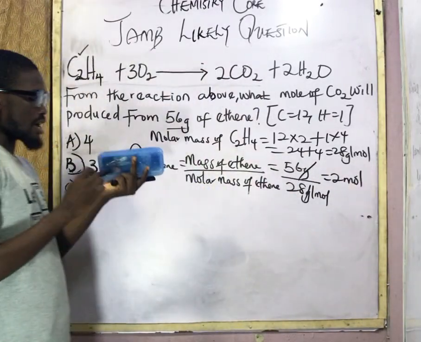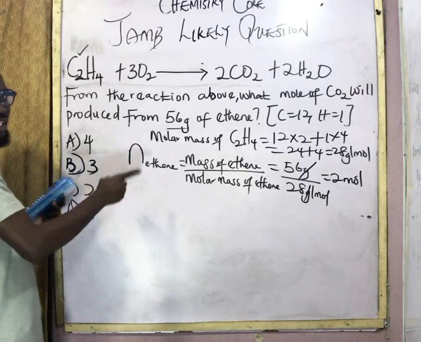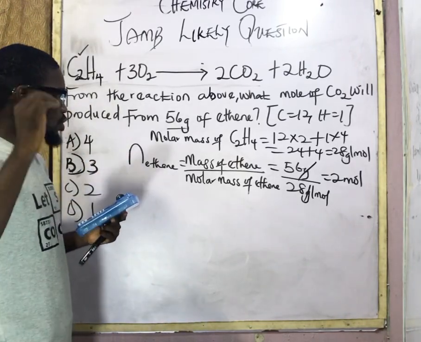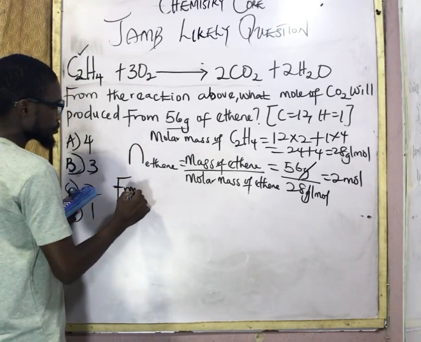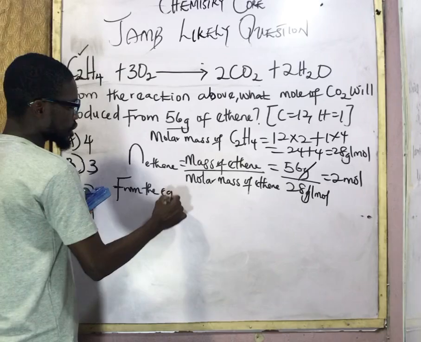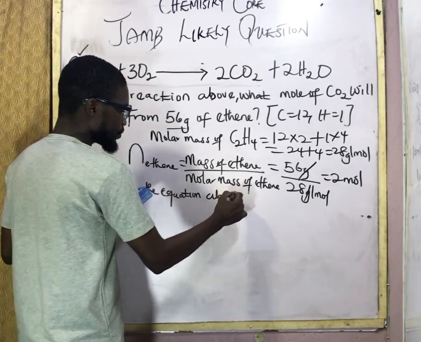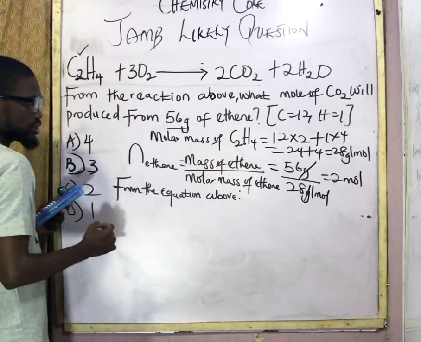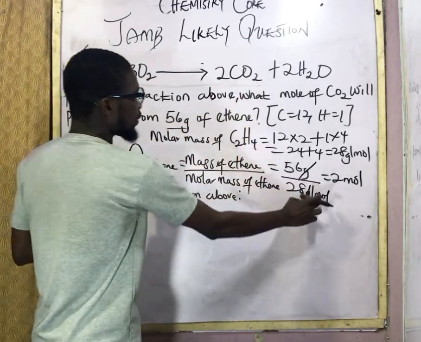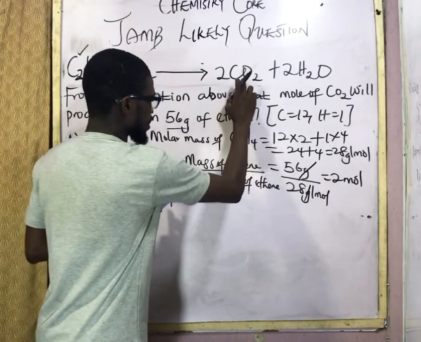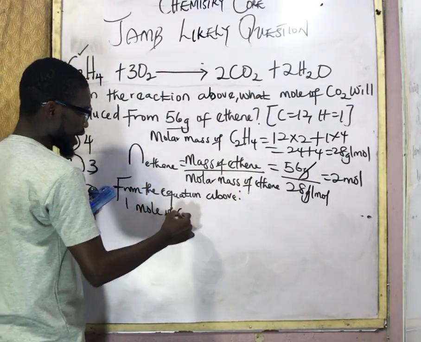This is not a final answer. Since I have 2 there, among the options I also have 2. But is that the final answer? No. So come closer. We said from the equation above, now, 1 mole of C2H4 produces 2 mole of carbon dioxide. So he said 1 mole of C2H4